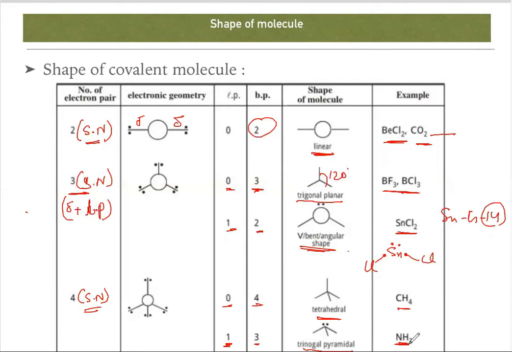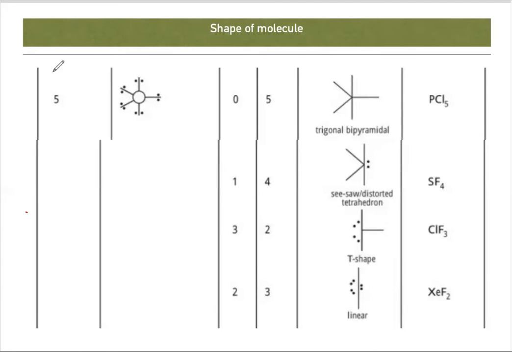How do you know the structure of ammonia? See, nitrogen. Okay, nitrogen belongs to group number 15. That means outer electron is 5. Okay, hydrogen will share 1 electron each with the nitrogen. Hence 1 lone pair and 3 sigma bond. So the next steric number is 5. So this is our steric number. So steric number is 5.